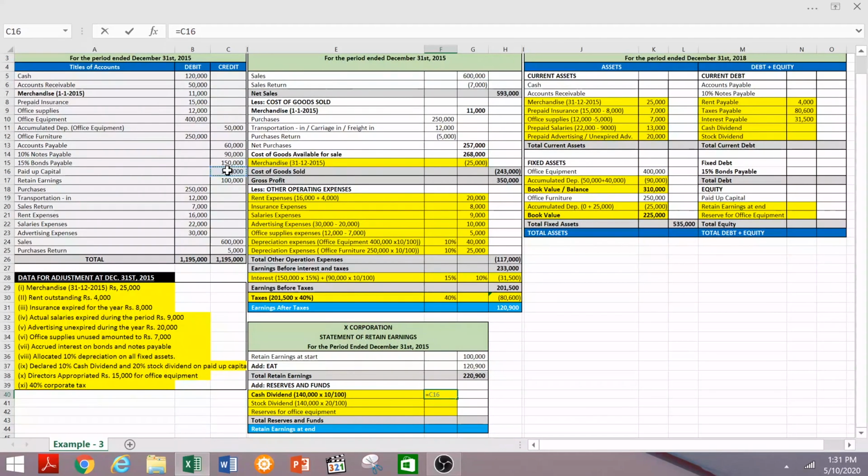for office equipment. So 15,000 rupees we have reserved for our office equipment, for the future. So total reserves and fund now become equal to, we can add them, so it is equal to 57,000, and closing balance of retained earning now becomes equal to